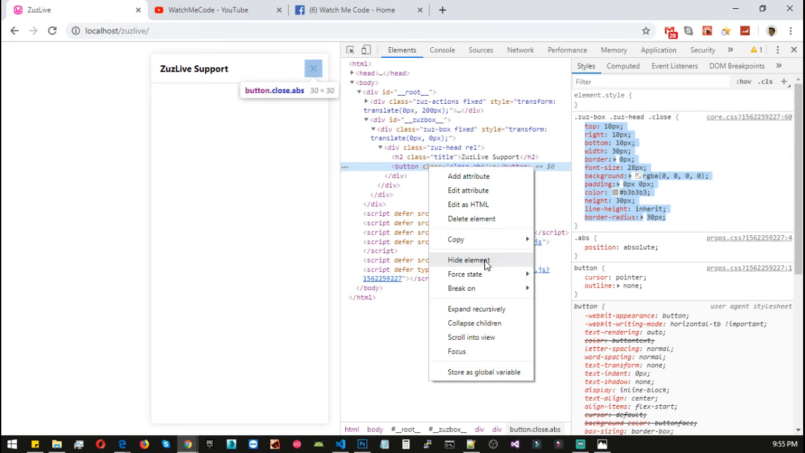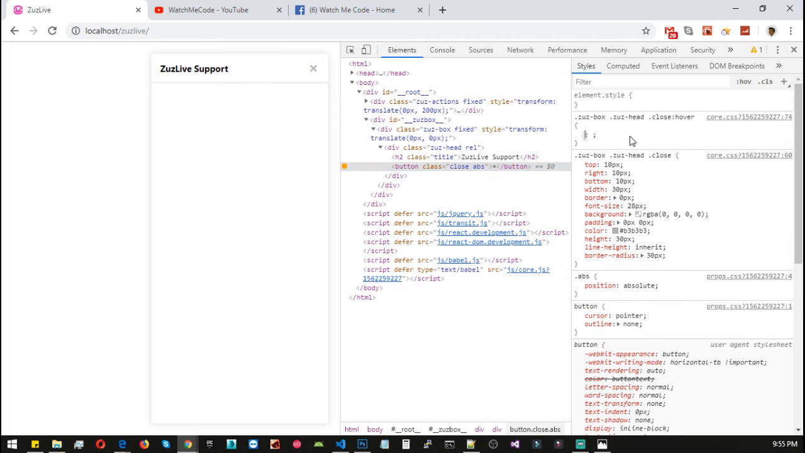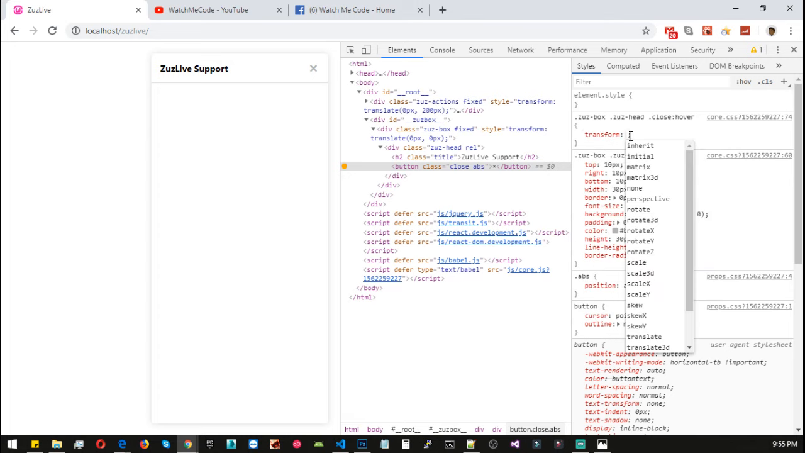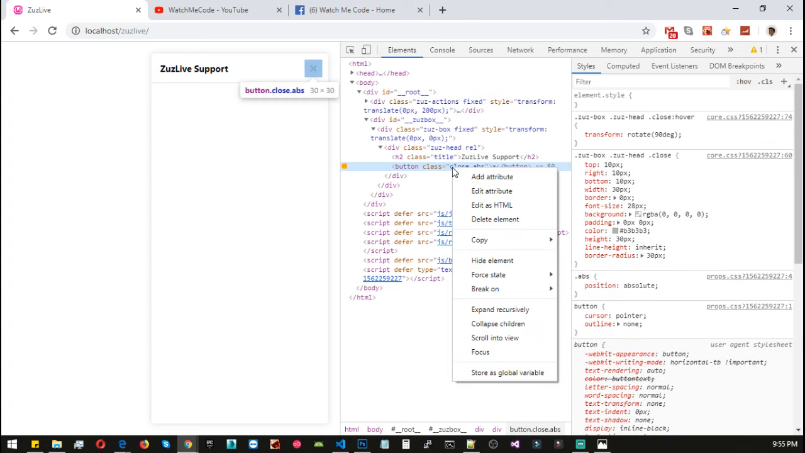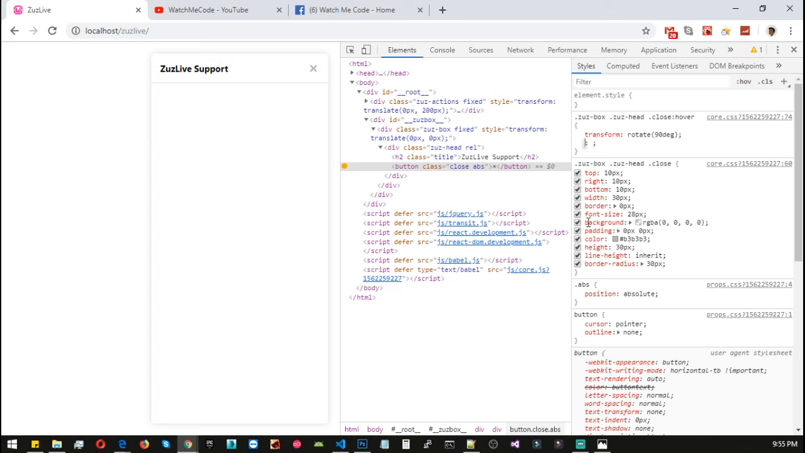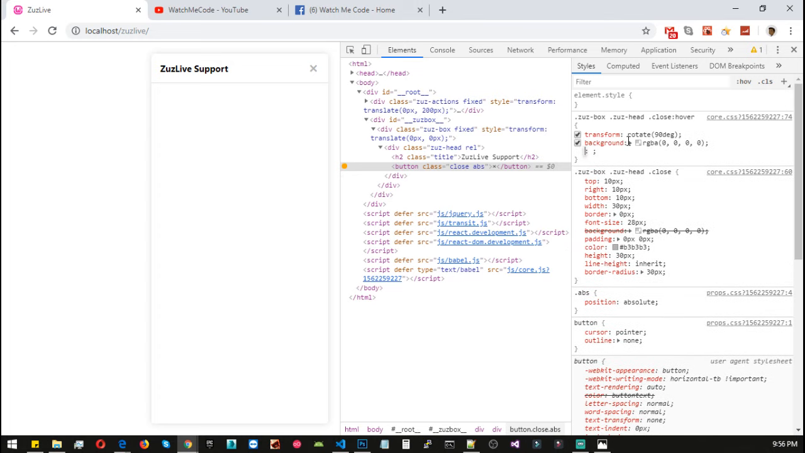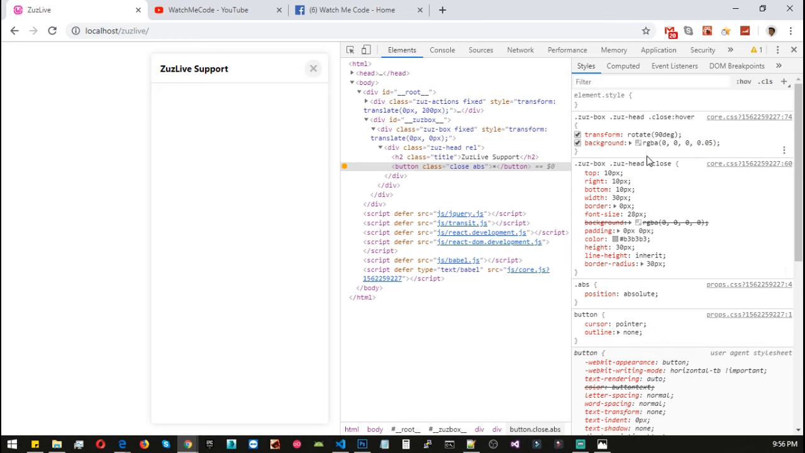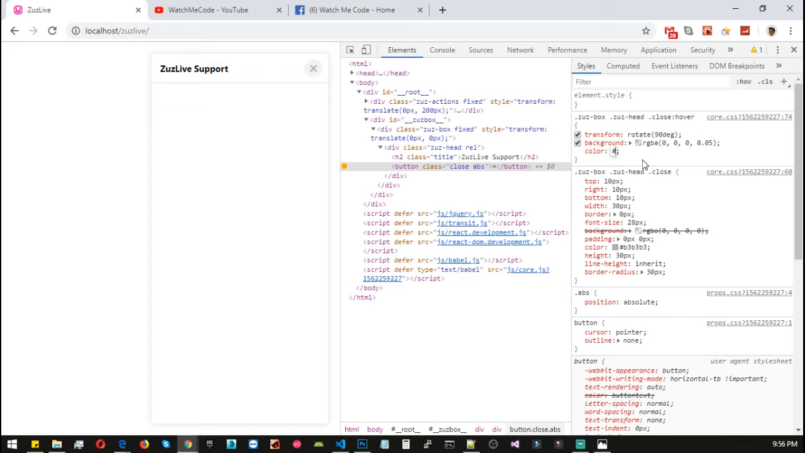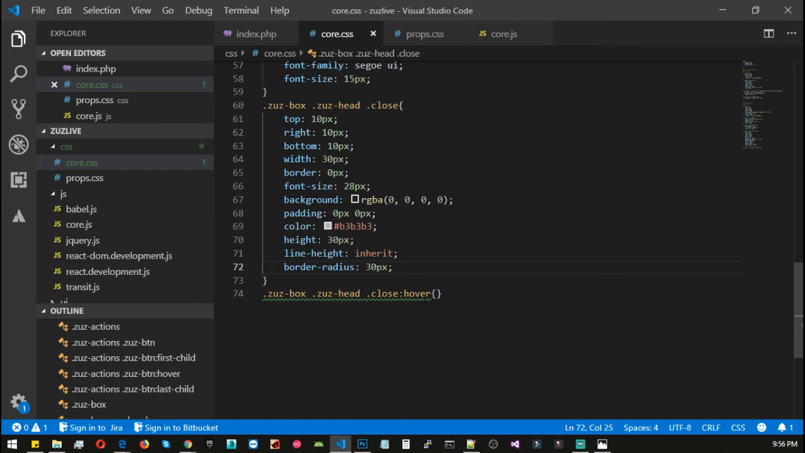Now we need to add the hover effect for state hover, and we will add transform, rotate to 90 degree. Now if I mouse hover, or let's add a background color as well, increase the opacity, great, and let's change the color to a bit darker to maybe 555 is good. Copy and paste inside hover,